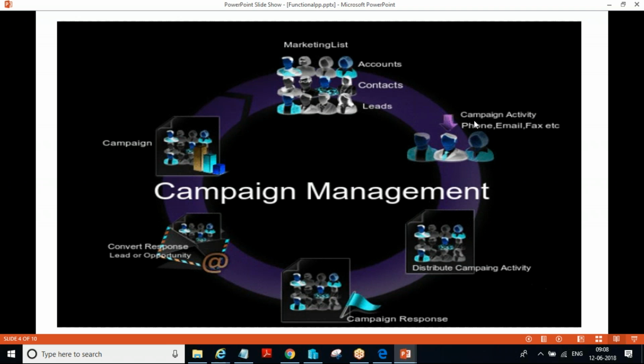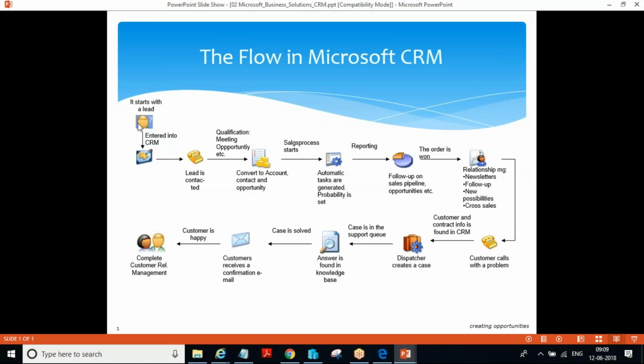Then we created a campaign activity, a mode of communication to the customer: phone call, letter, fax, appointment. Then we distributed the campaign activity. After that, we got a response that the customer is interested in our product, and we converted that response to a lead. Now, once the lead is in the system, from here it will start. Clear? Any questions?